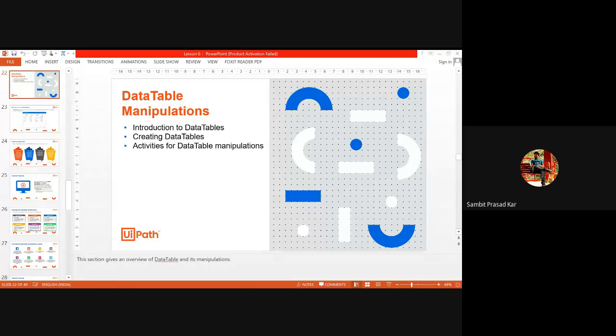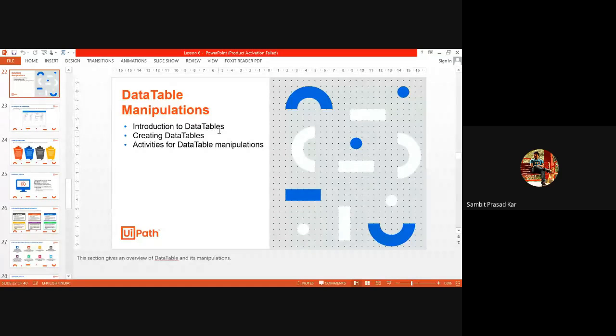Okay, so today we are going to see about something called data table. Data table, which you have seen as Excel files and everything, how to store the data in an Excel file. But what is actually this? If you want to create a data table in RPA itself or UiPath itself, how to do that? So that's one point we need to say, how to do data table creation in RPA.